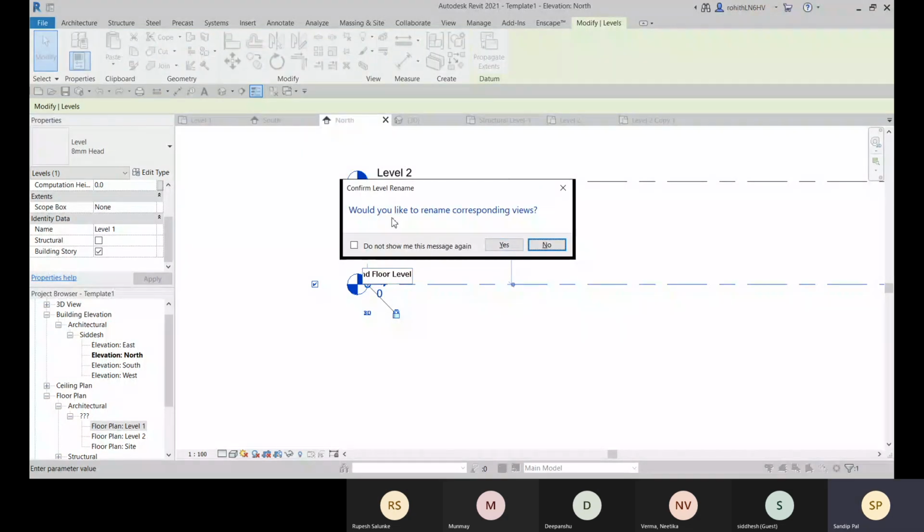And it's asking, would you like to rename the corresponding views? Obviously it will be yes, because if you click on no, then in this project browser, the level 1 floor plan will not be renamed. In this elevation, you will see that this level is renamed, but in this project browser, that will not be renamed. So we need to match it. So click on this yes.